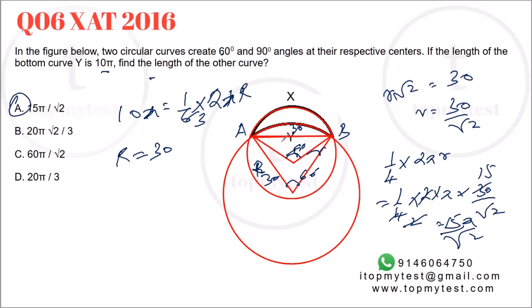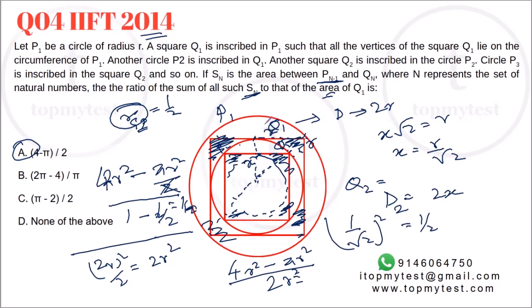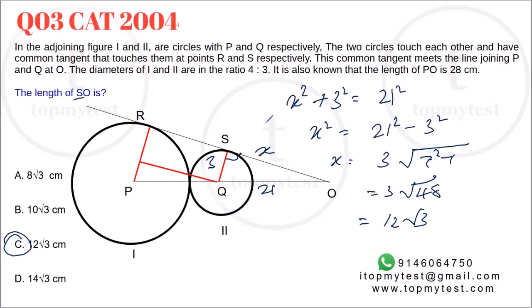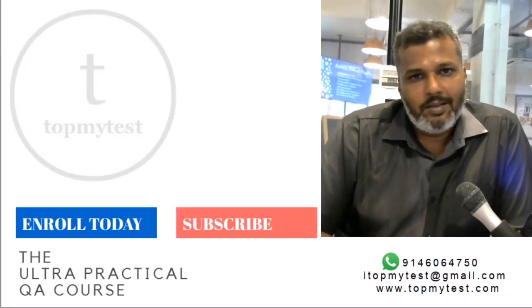As you can see, visualizing the circle was the most important part. Once you visualize the circle, the question solved itself because you had special triangles inside. Questions on circles, lines, etc. are not very difficult. You need to hold your nerve and let the question solve itself. That completes this particular session.